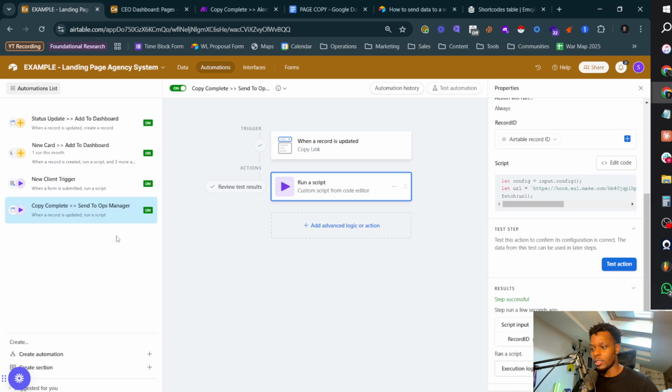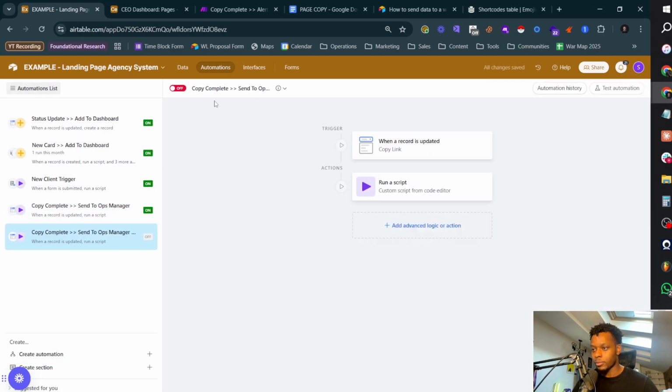So when a card is moved into slot 30, we need to then send another script over. So what I'm going to do is duplicate this and then rename it design page,